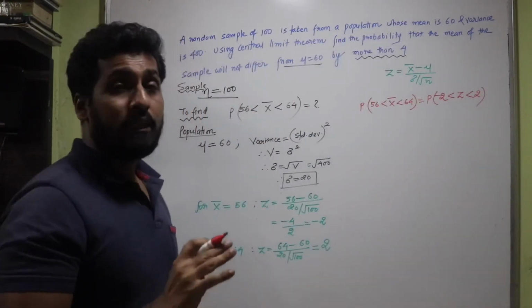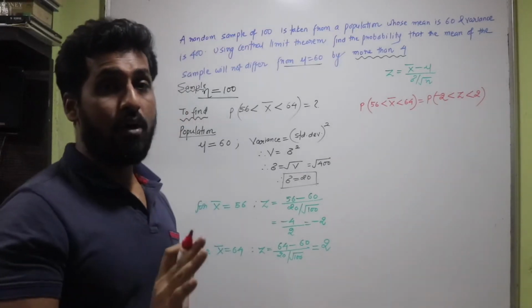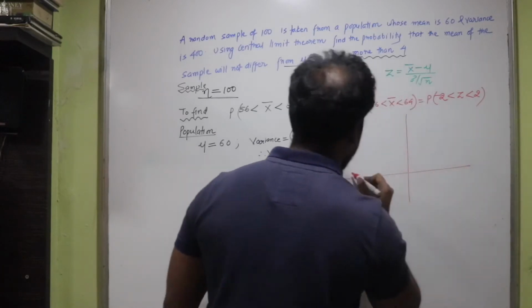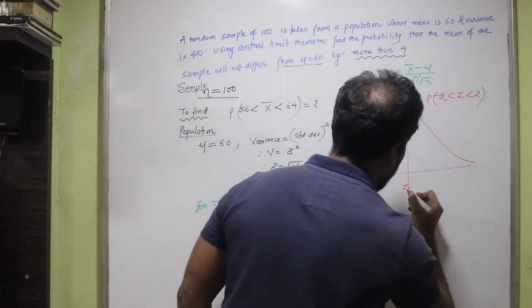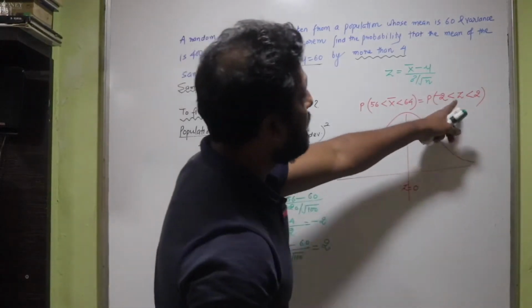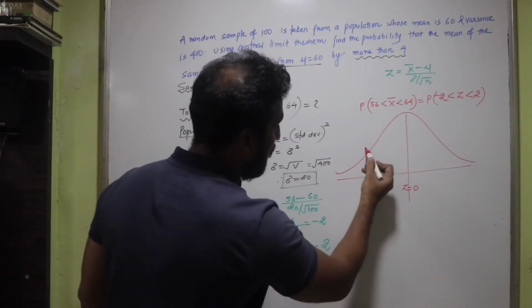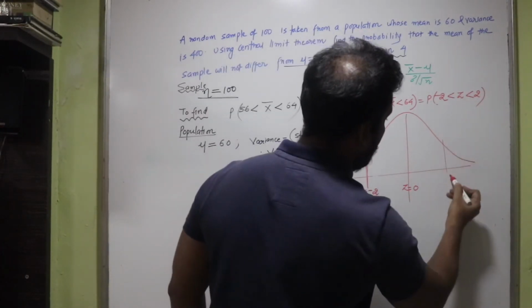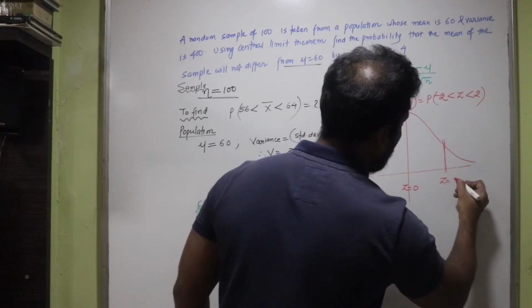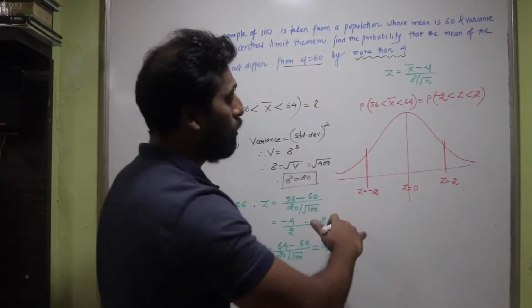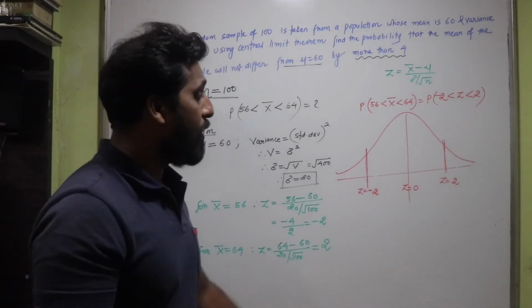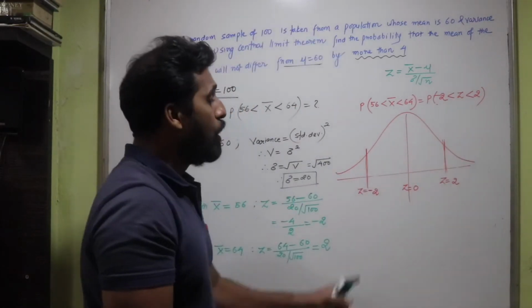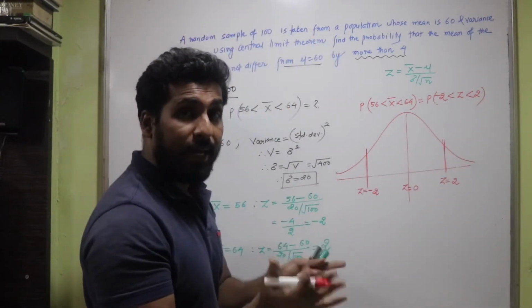So students, the standard normal curve is a very important curve that we should always remember. I'm going to draw the curve here, a very simple diagram. It is a bell-shaped curve where at the middle z is 0. So when I say z is minus 2, it will be somewhere here. Let us say this is z equal to minus 2, and over here this is z equal to 2. Just now I have explained to you that there are 50% values on the right of z equal to 0 and 50% values on the left of z equal to 0. I want to find the values of z lying between minus 2 and 2. So this is minus 2 and this is plus 2. I want to find the values lying between them.